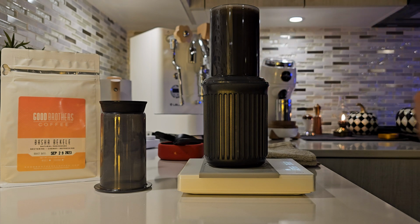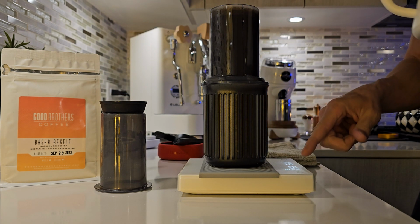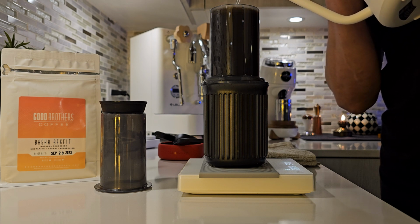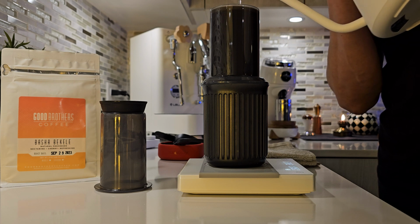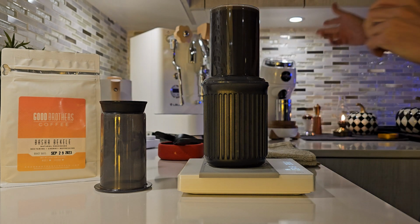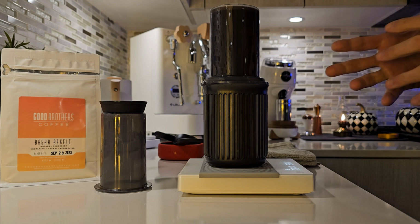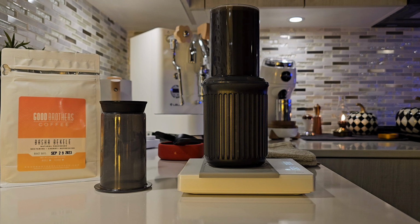So here at 3 minutes, remember at 4 minutes, we're gonna have to start plunging. So at 3 minutes, let's see if we can get it to the 300 grams now. We're gonna be a little bit short. We need a little bit more in there. So far, this is where you control with the grind size, right? So if you notice that you're not able to do the process in the time that you have allowed yourself to, then you're gonna have to